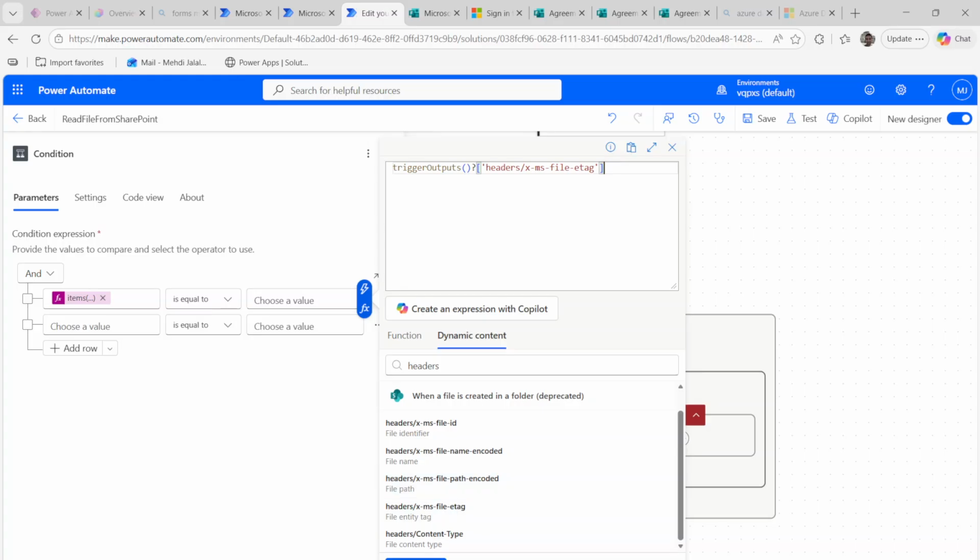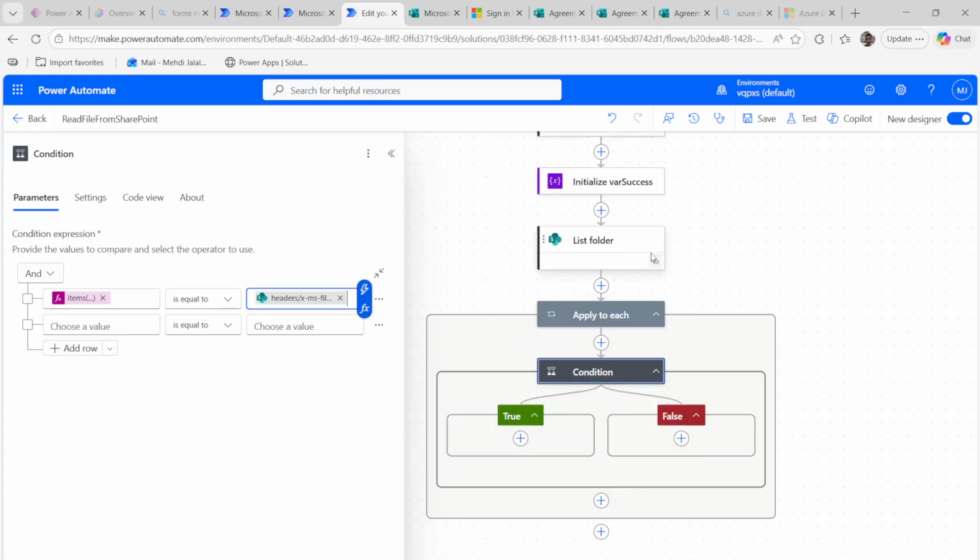We want to get the headers tag, and then